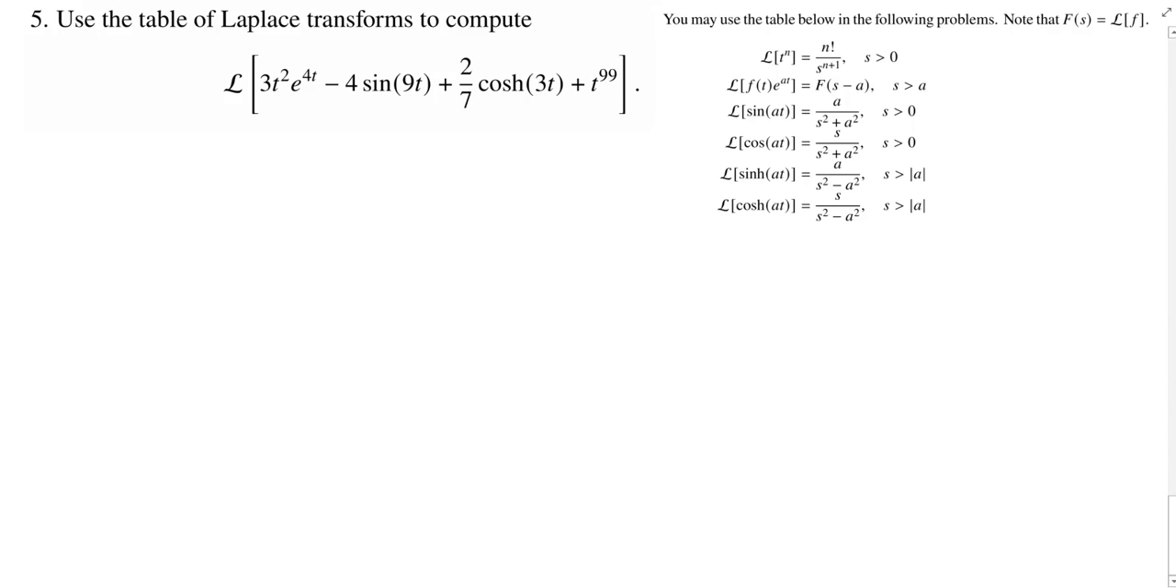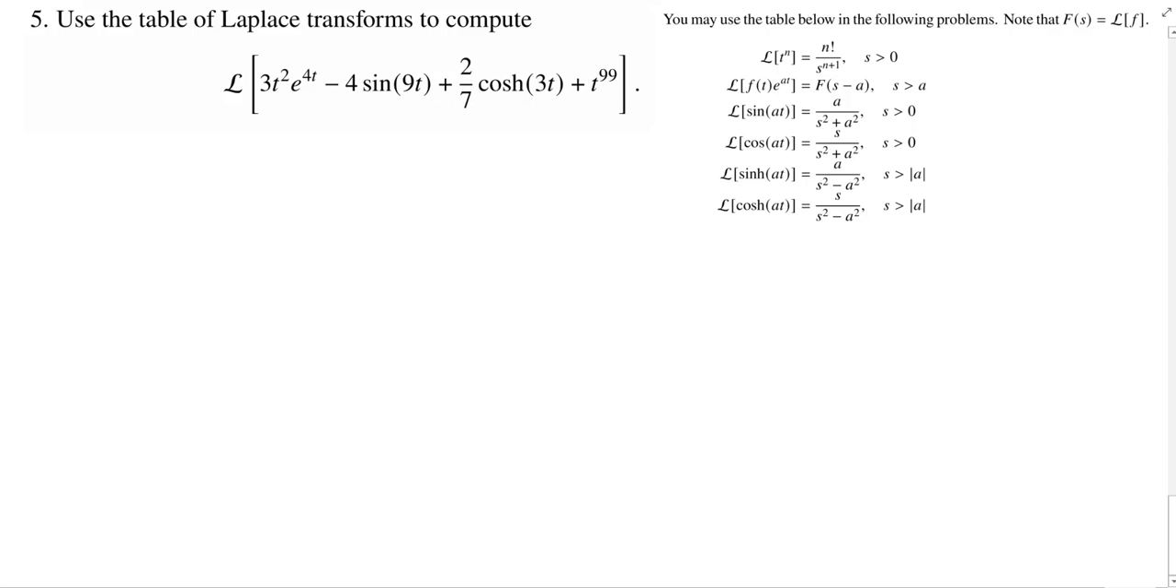Welcome back, everybody. This is our video solution to problem 5 from quiz 4, and we're back to Laplace transforms. Here, we're going to compute a Laplace transform using a table. This should be pretty straightforward. The table is given. The one thing that isn't given in the table, but which you do have to know